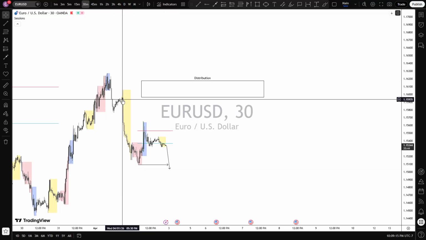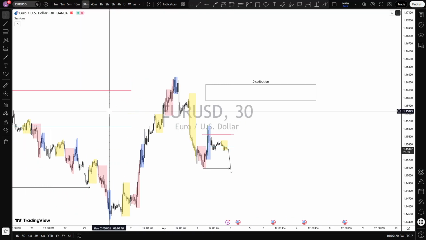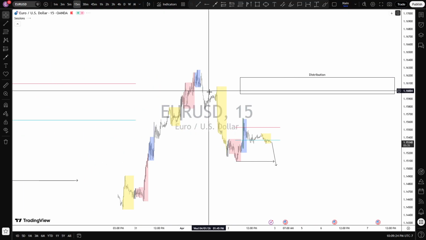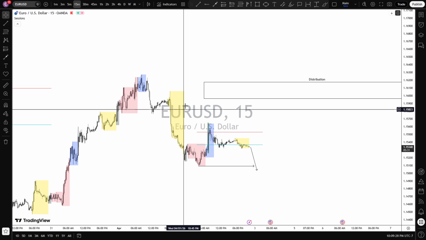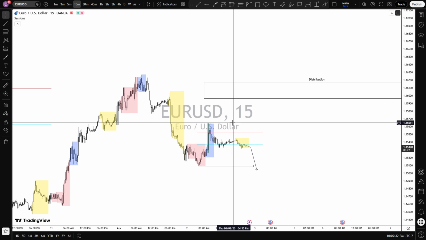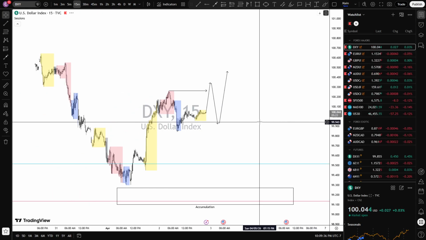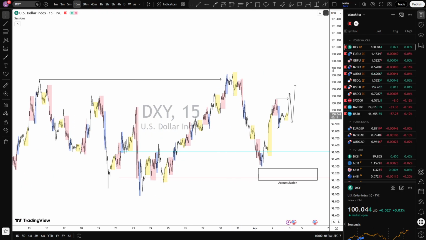Probably mitigate Trump's speech from yesterday, because it did hit this upper level, and then we broke order flow to the downside and redistribute here. So if it does come higher, I'll look for a schematic there, and then if not, then I'll probably just base it off dollar, just because EU did come higher, and then for dollar there's still a lot more room.